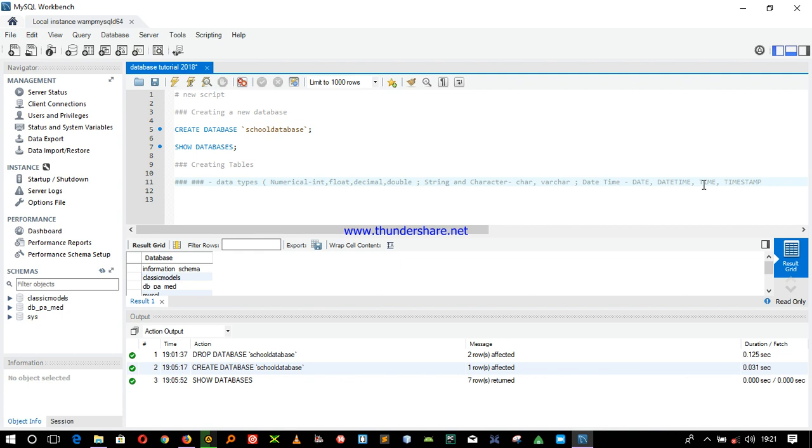The timestamp. Right. So these are things to consider before creating a table. Right.